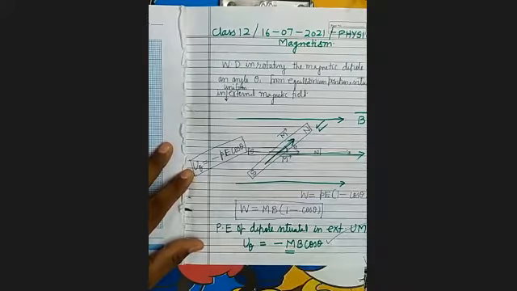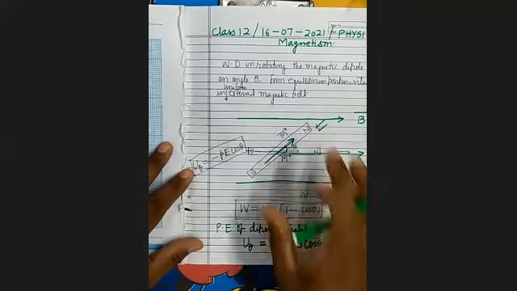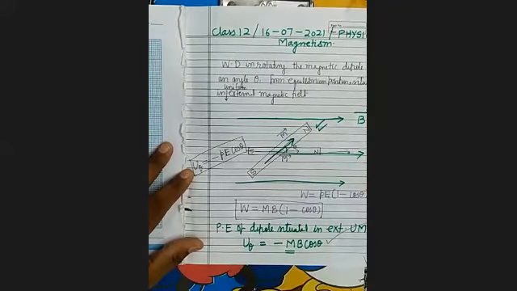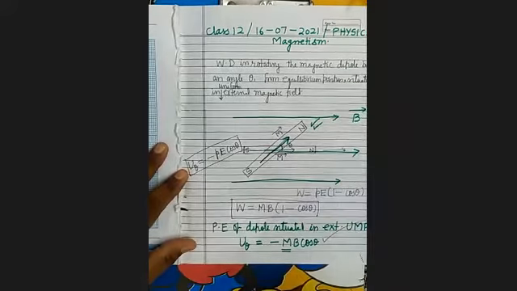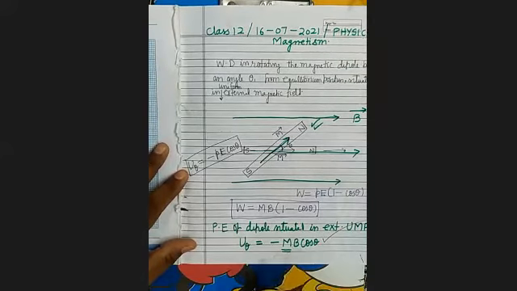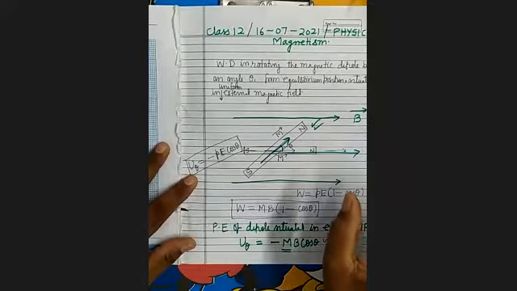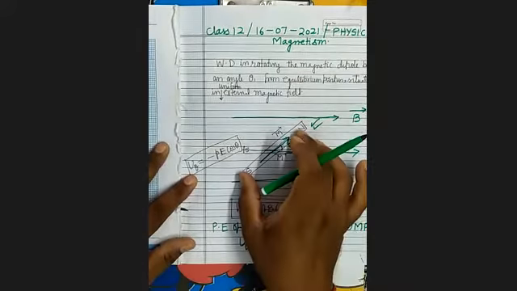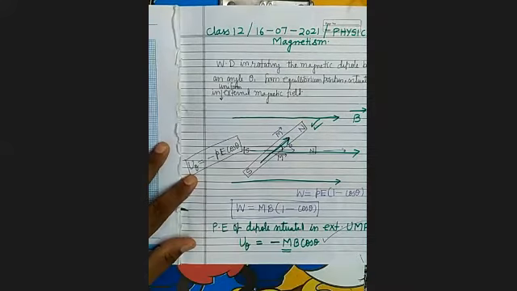Theta angle. So in this position, what will be the potential energy? It is given by this. It is clear. Now see here, this much work will be obtained, because here the sign is negative, means this much work will be obtained in establishing the dipole inside the uniform magnetic field in this position. It's clear.